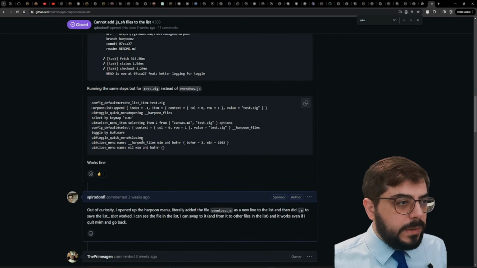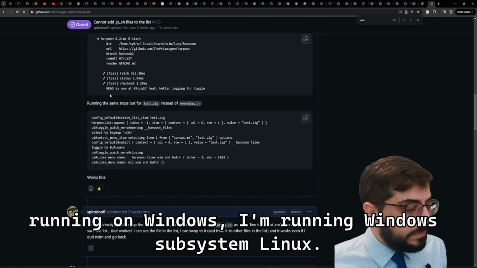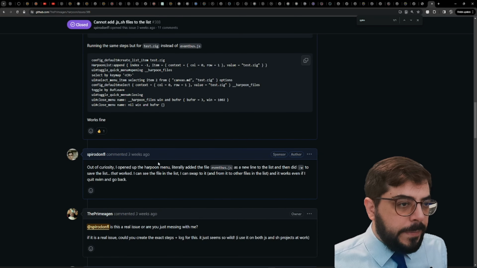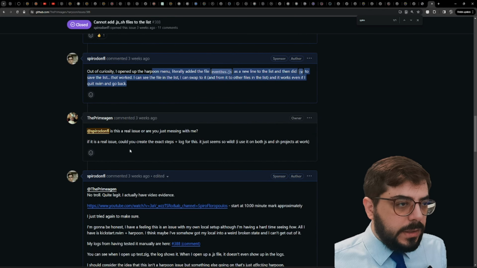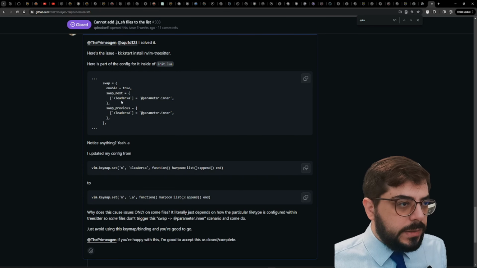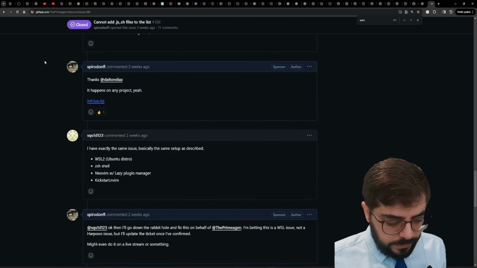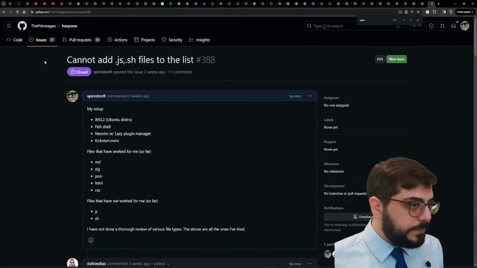see, at first I thought maybe it was like a WSL thing because that's what I'm running on Windows. I'm running Windows Subsystem Linux, and there were certain files that wouldn't work. And then at the very end, I realized it's because of this. Now, if you look at the actual repository, part of the problem